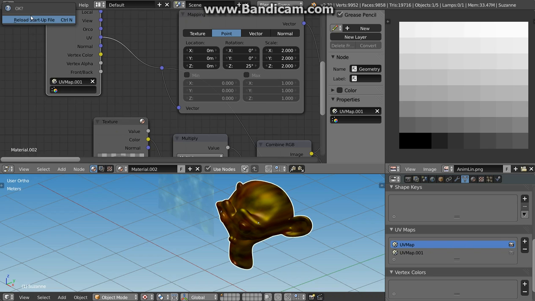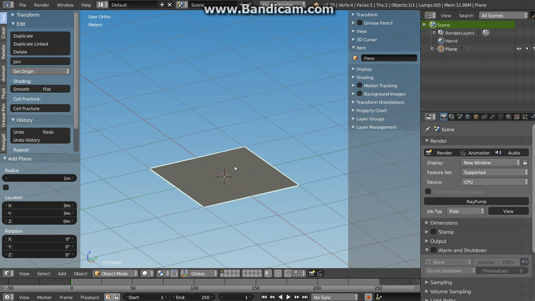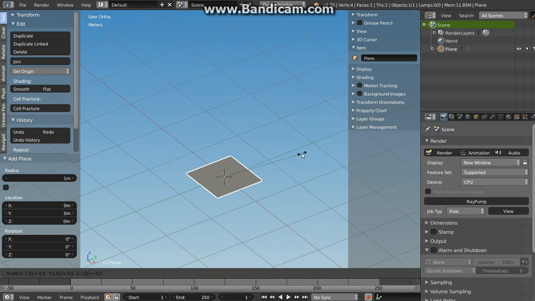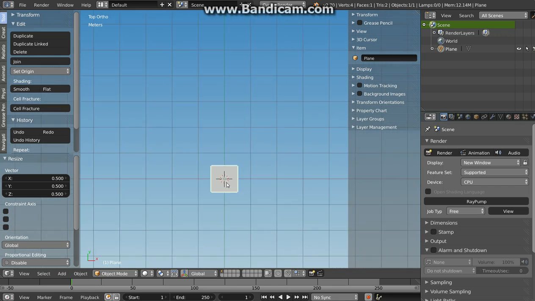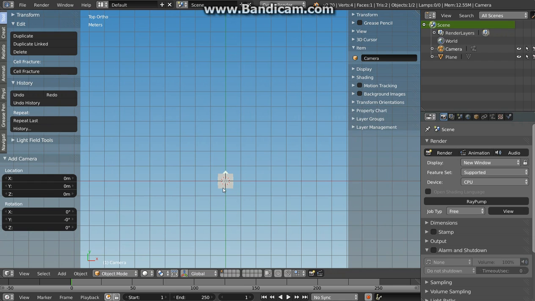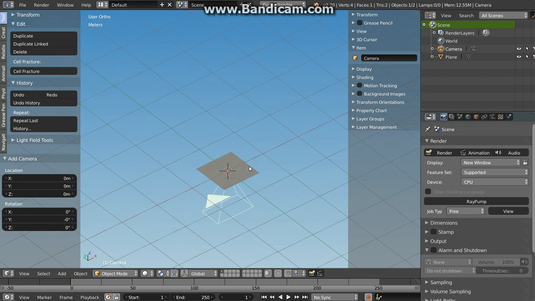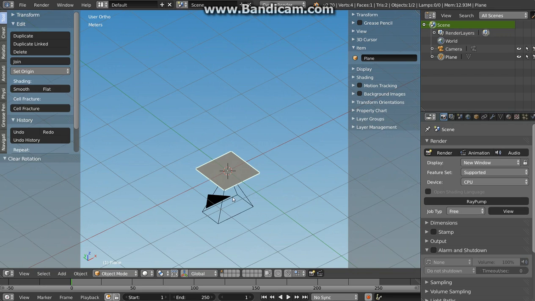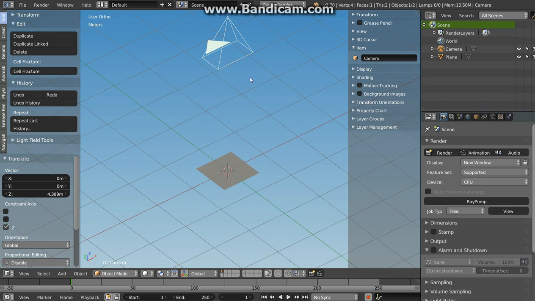Just open a new file, make a plane, scale it by 0.5 to the half, so it's 1 by 1 meter. Go to top view and add a camera. Get rid of all rotations and movement on the camera with Alt R and Alt G. Grab the camera, move it somehow up